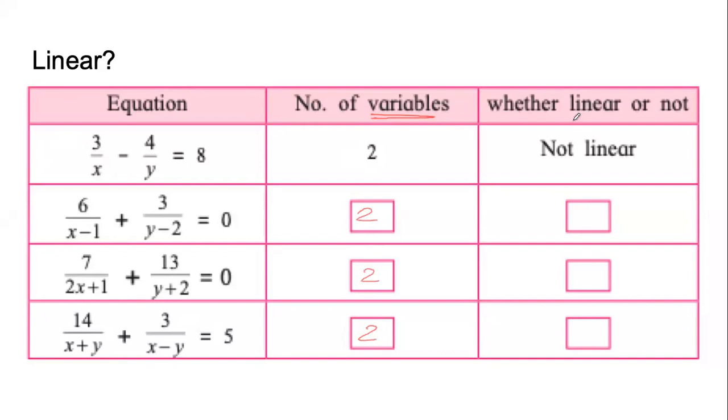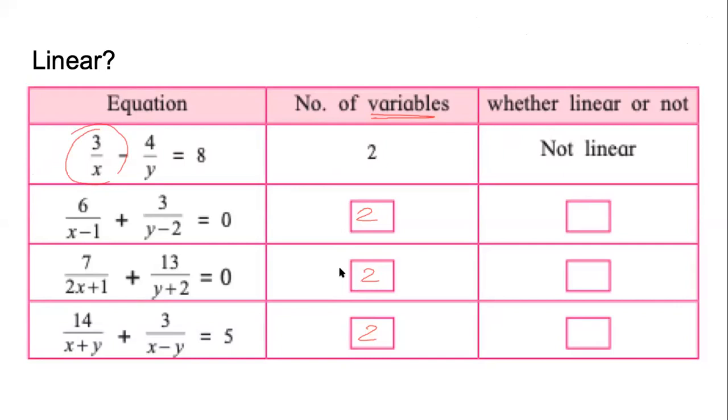Now try to see if they are linear or not. And remember, an equation is a linear equation if the power of every term is 1 or 0. It cannot be -1. It cannot be 2. What is the power of this term here? You can speak, you can type. You don't even have to ask my permission to speak today. Just unmute yourself and speak. What is the power of this term?